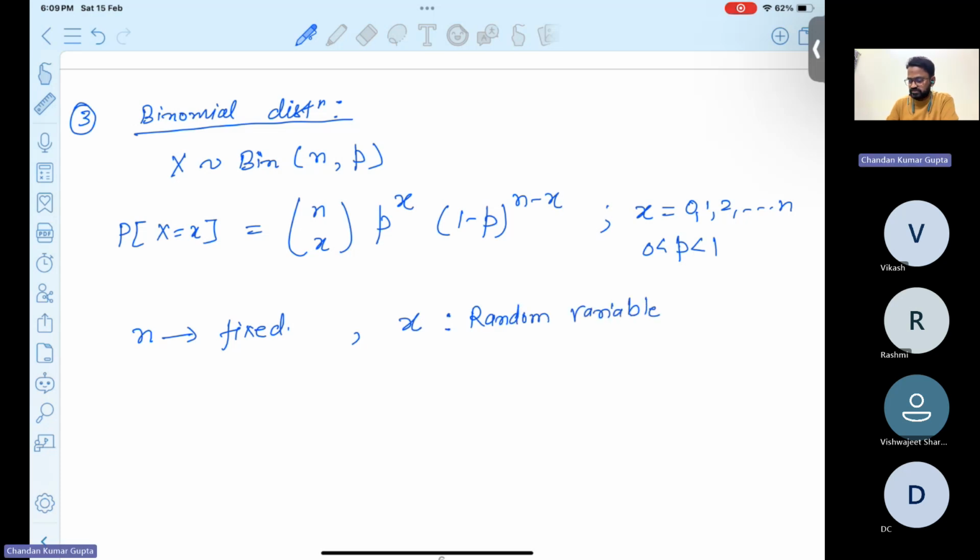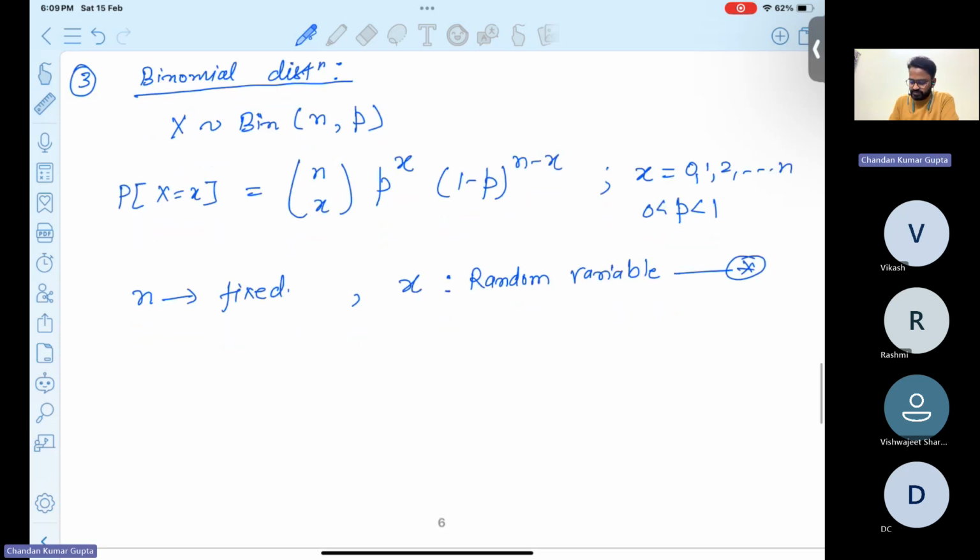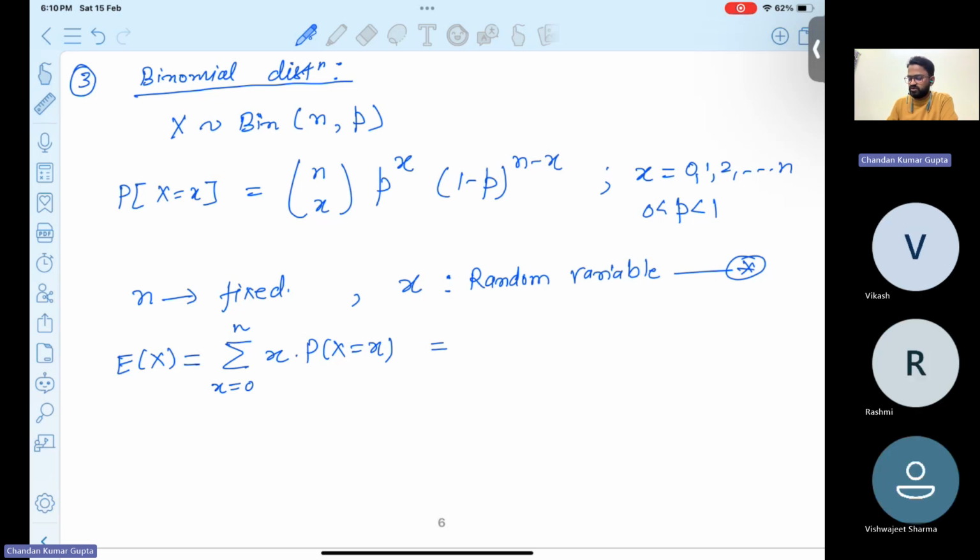In the letter, we will discuss why I'm writing this particular point. Okay, X is a random variable and the number of trials N is fixed here. And the expected value in this case, since it is a discrete random variable, we will use the summation of x into the probability that X equals x, where x ranges from 0 to N. After putting these values and solving, we will get